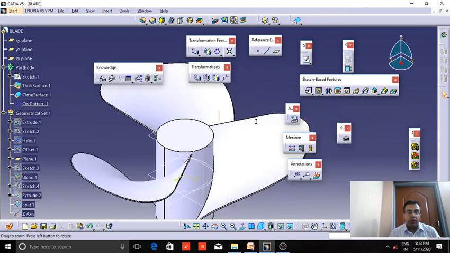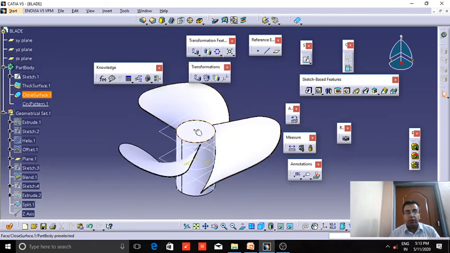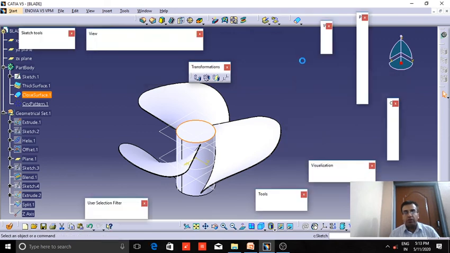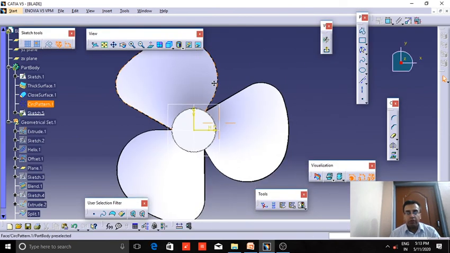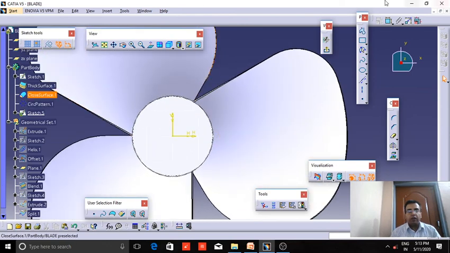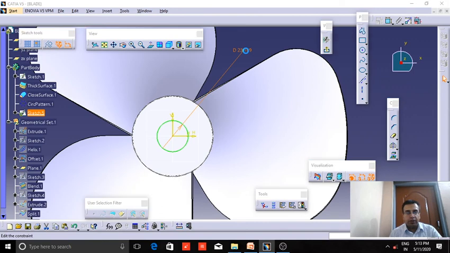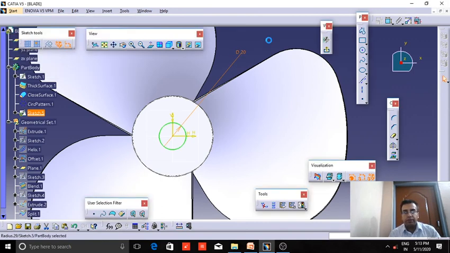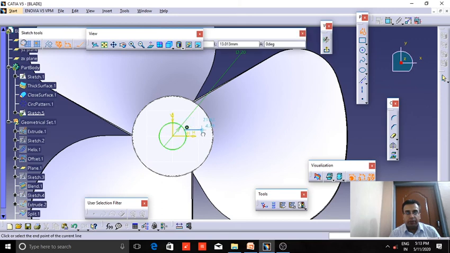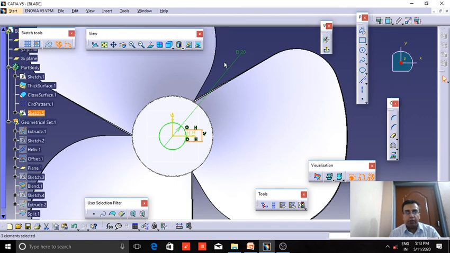So now we are only left with developing the central cutout, which will be further used to mount this blade with the shaft of the driving vehicle. This can be done by using a simple profile. Here the diameter of the central hole is 20, and next we will draw the edges of the two profiles.